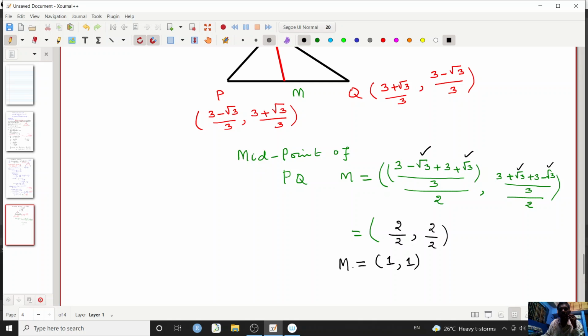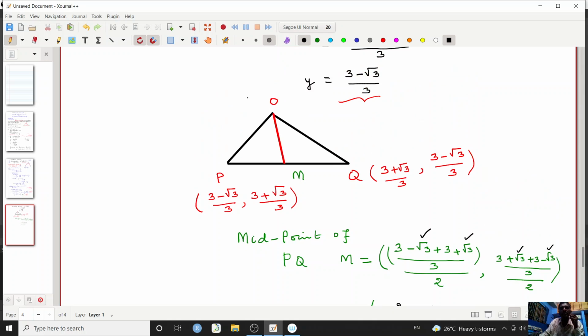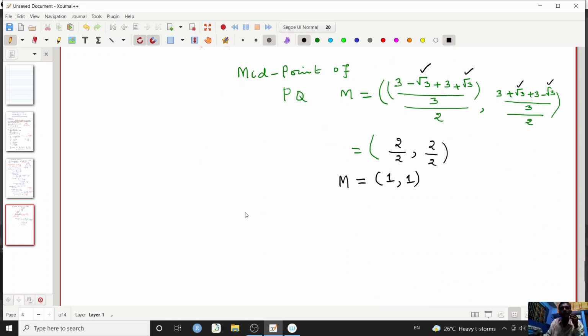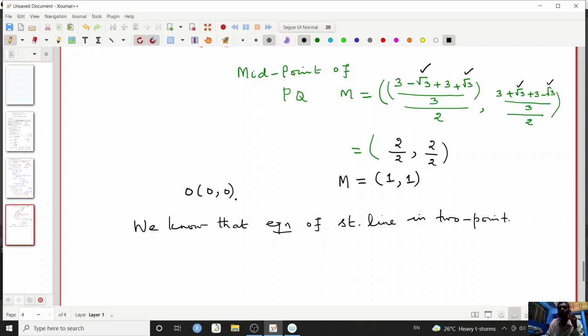So these are the coordinates. And in the question, we are already given that O is the origin. Now we have 2 points, namely O, the origin, 0, 0, and M. We know that the equation of a straight line in 2 points form is